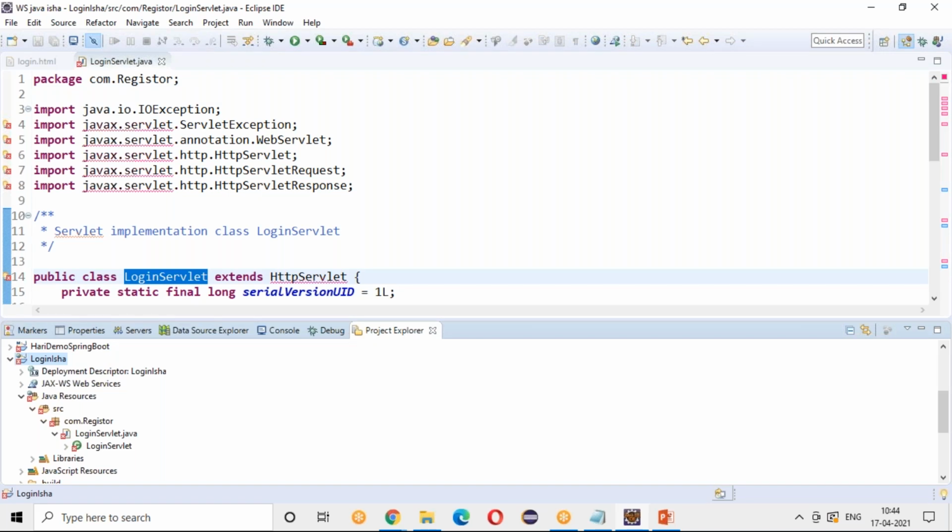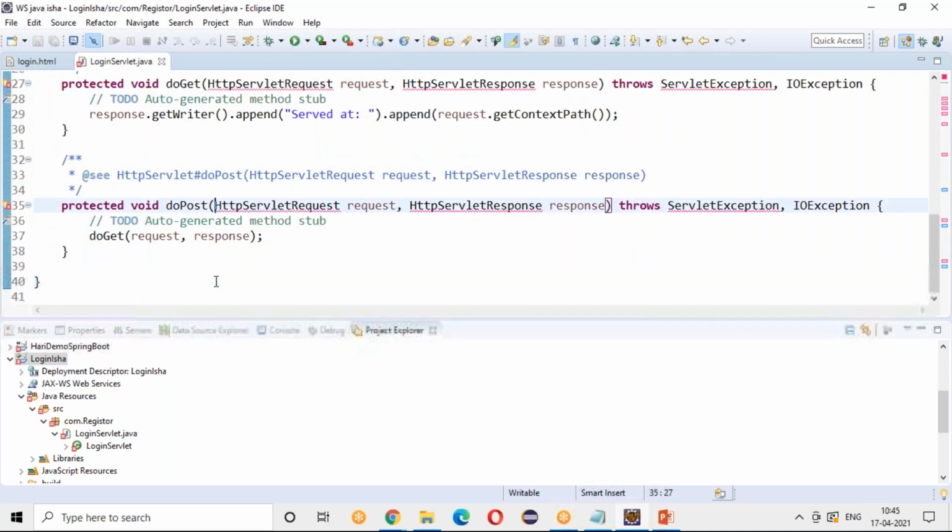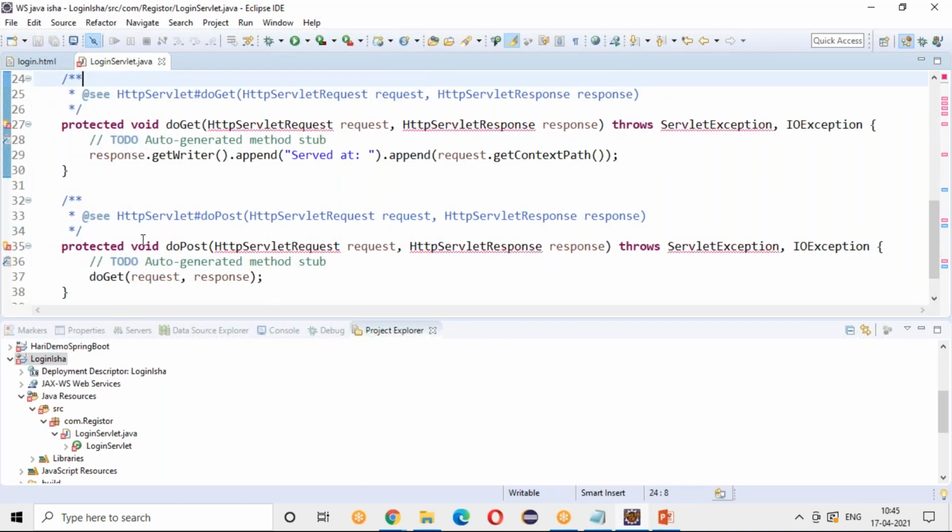If the request is in the form of post, you write your logic in doPost. So you can see there are doGet and doPost methods. By default, if you do not specify anything in the HTML page, it will take doGet.